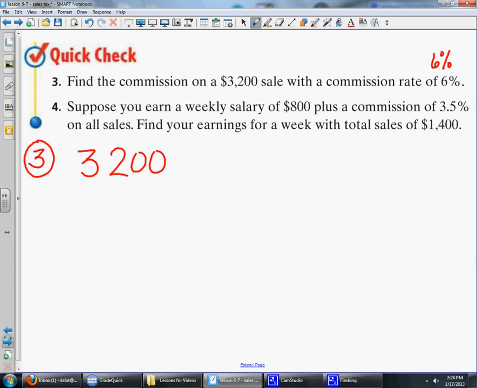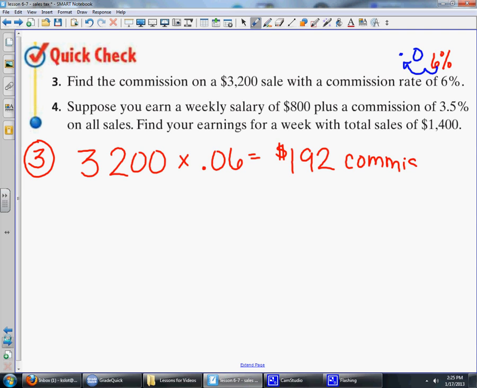So we need to change that into a decimal. So it's 0.06. So we take 3,200 and multiply it by 0.06, and if you sold that much, you would make $192 in